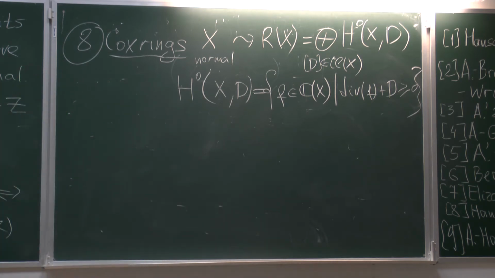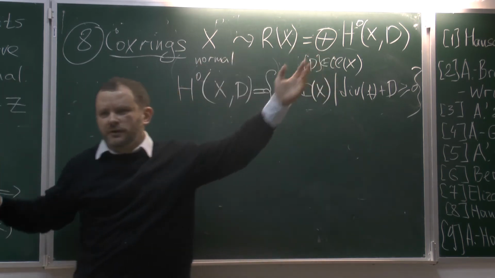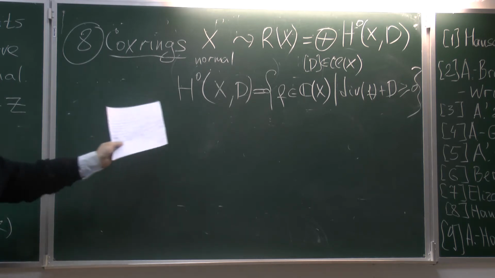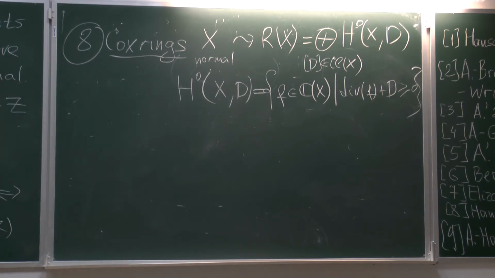So this is some nice ring. Certainly it's natural to assume that the divisor class group is finitely generated. Otherwise I have some huge ring, no sense to study. If the divisor class group is finitely generated, then we have such a grading by a finitely generated group. If variety X is complete, then such homogeneous components are finite dimensional. In general, they can be infinite dimensional.